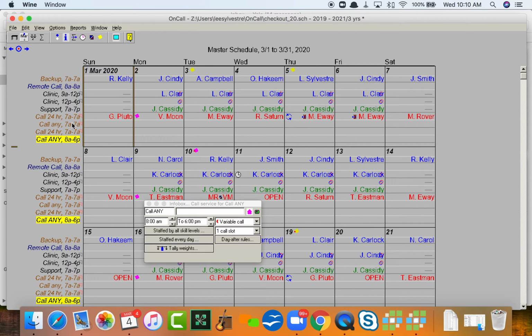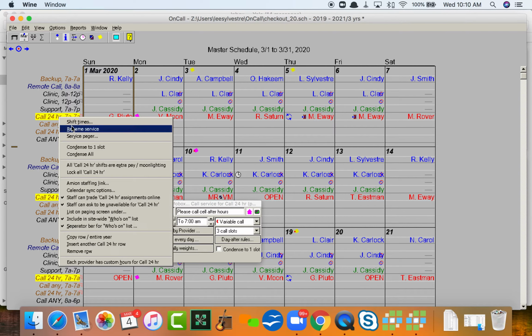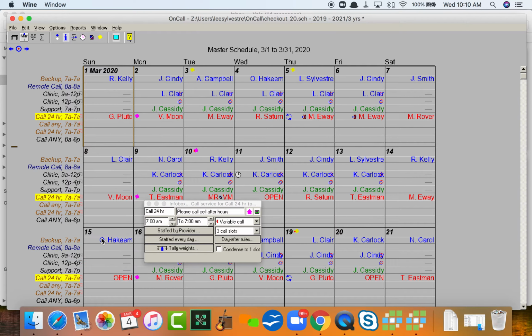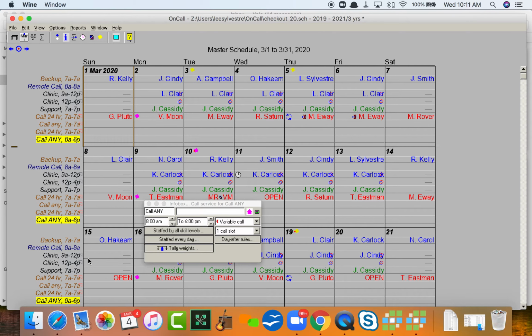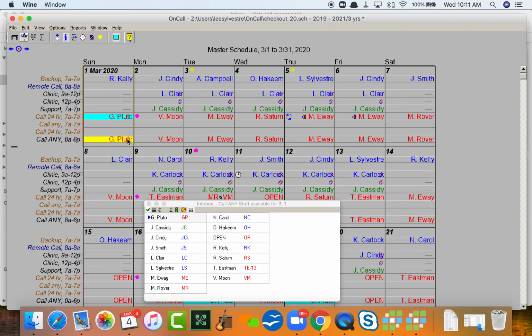Now to get some of your existing slots, those three slots that are stuck together, to be free moving, what I would probably recommend is right click on one of your existing slots and then copy entire year, so copy row entire year, and then on the new row you'll end up right clicking and pasting full year. That puts all your assignments in